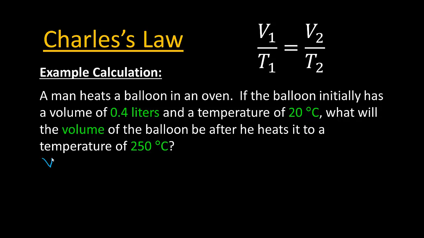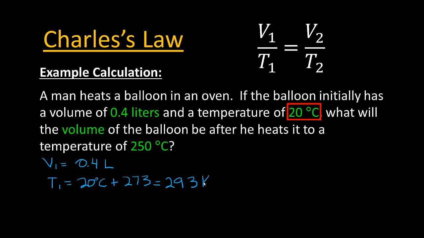The initial volume, so V1, is equal to 0.4 liters. And it has an initial temperature of 20 degrees C. Now remember, all of our gas laws have to be in Kelvin, so we're going to add 273 to that temperature, and 273 plus 20 is 293 Kelvin. So that will be the temperature that we use. We are looking for the new volume,